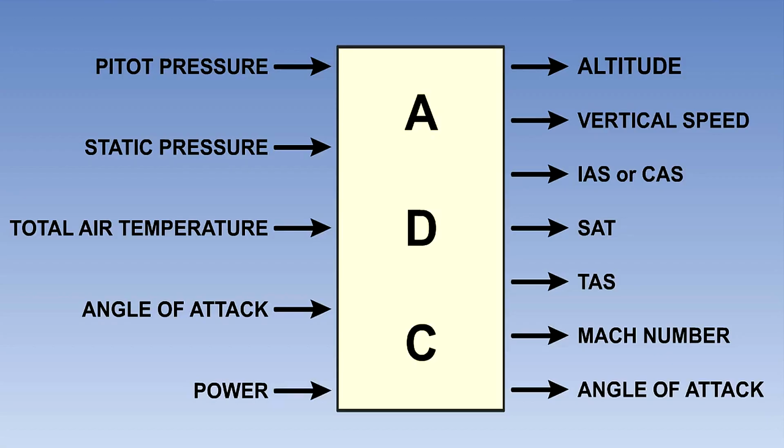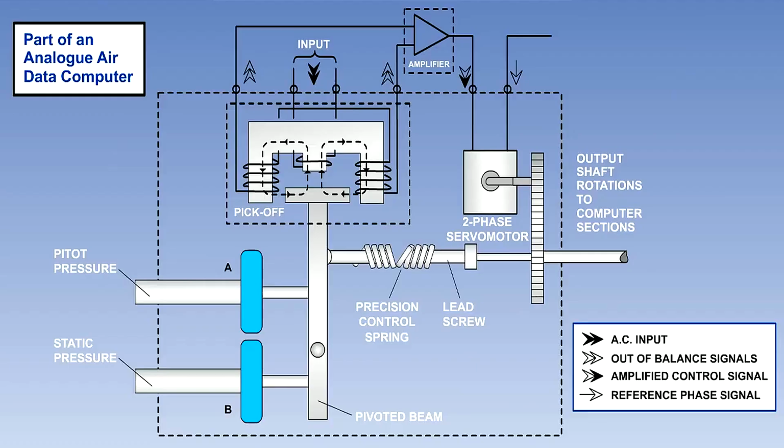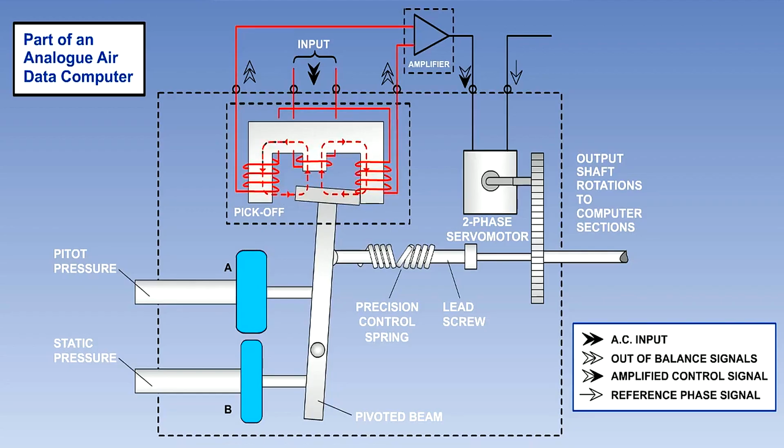modern air data computers. In the earliest air data computers, pitot and static pressures were passed directly down tubes from the pitot head and the static vents. This is the airspeed part of an analog air data computer. Pitot and static are passed directly to 2 pressure capsules. The capsules are attached to an I-bar which is pivoted. Movement of the pressure capsules makes the I-bar move sideways, changing its position relative to the E-bar. This causes an out-of-balance signal to be sent to the amplifier, and then the servo motor, which turns the shaft.